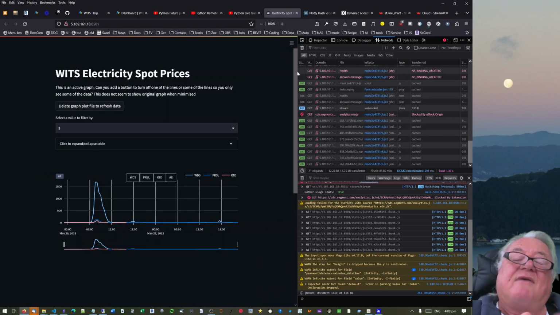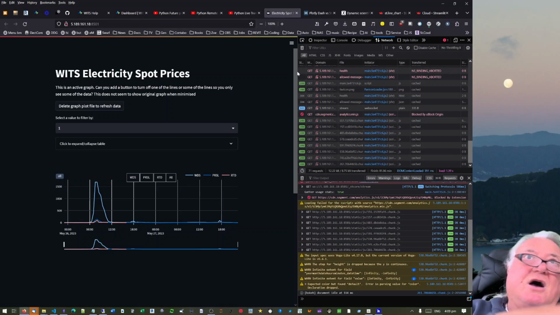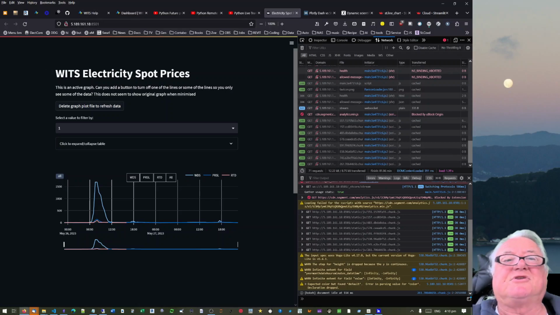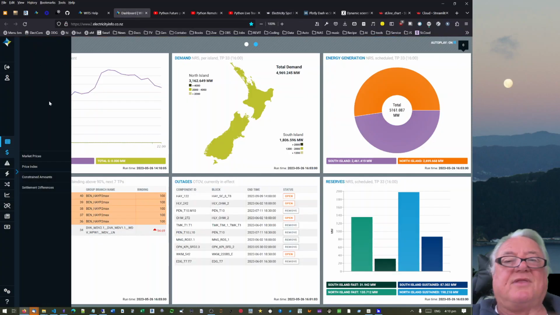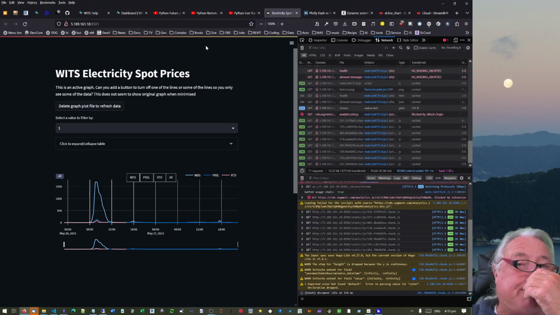So generally, I think I've got what I want from here. Straight away, I can access this. I don't have to log in each time. I don't have to do all of these other things. I don't have to switch between the dashboard and the other ones, and I don't really use much on the dashboard or anything like that. I can actually just go to this app anytime I want and actually just make the calls, and boom,